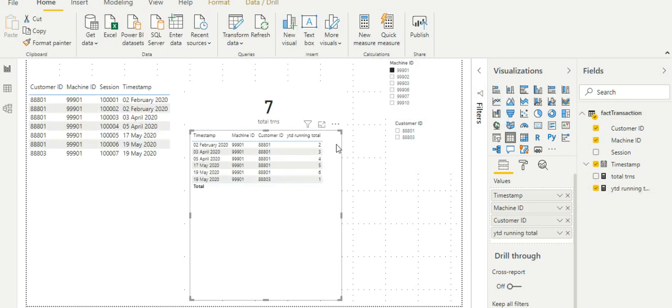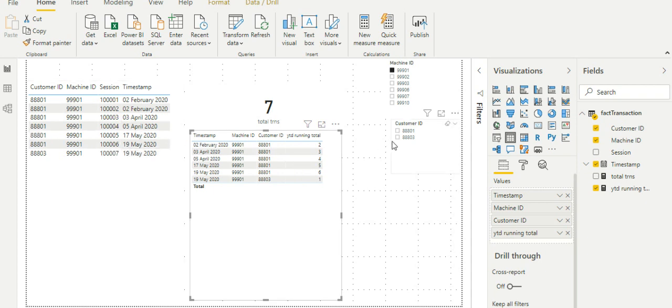Now you can see that the first 6 transactions end with the running total of 6, while the combination of machine ID 99901 and customer ID 8803 is going to have one transaction against it. So this perfectly syncs with the core data set.